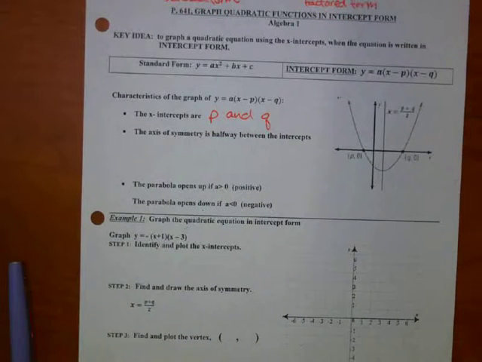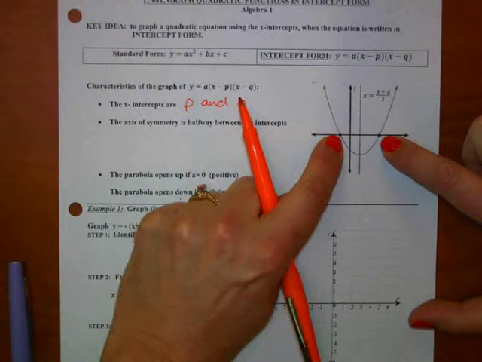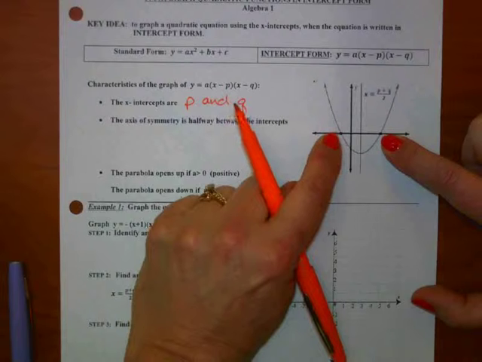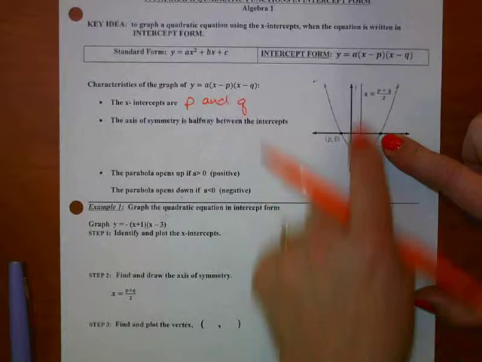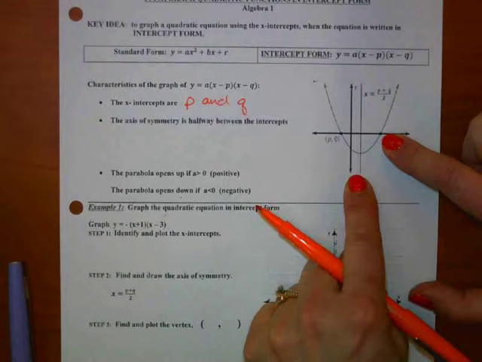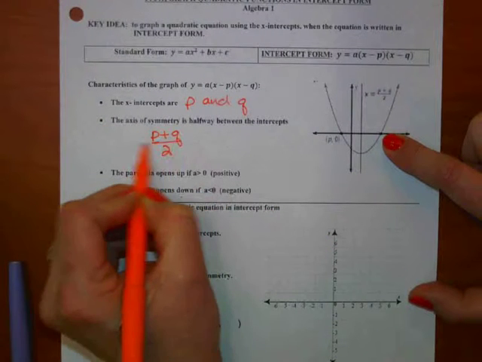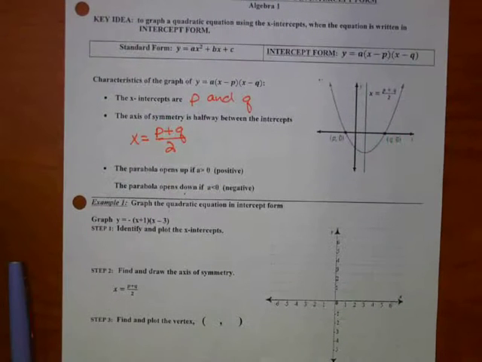The axis of symmetry, see, here's a picture. The axis of symmetry is always halfway between those 2 points. Wherever the graph hits the x-axis, the axis of symmetry is halfway. So we can just take the average of them. We can add p and q and divide it by 2 if we have to find the axis of symmetry. It's halfway between. Okay? I know we got a formula yesterday, which we can always use. But if we have the two x-intercepts, we can also just realize that the axis of symmetry is halfway between